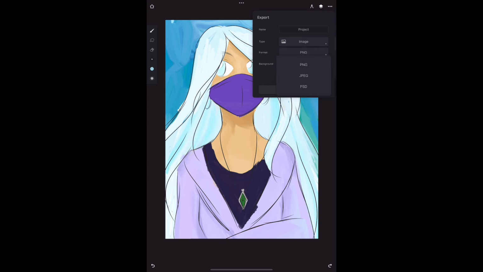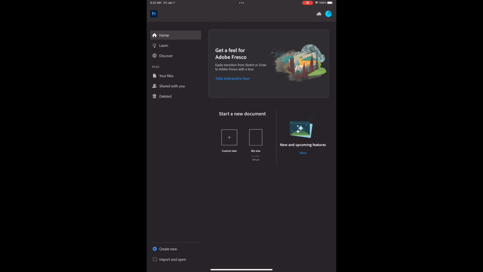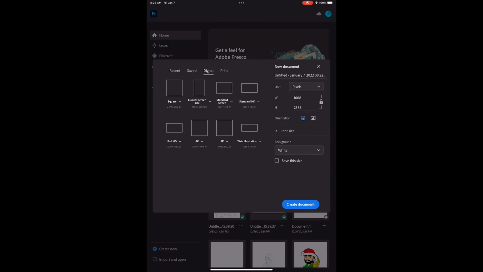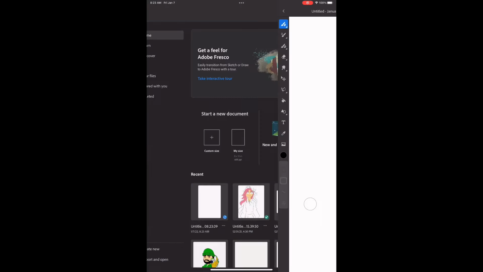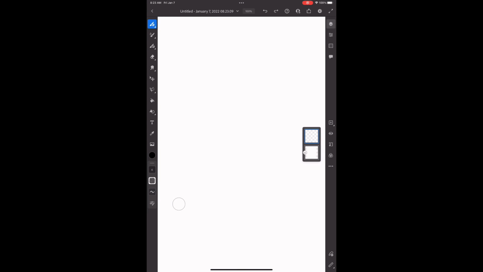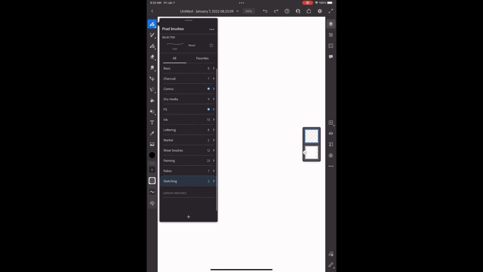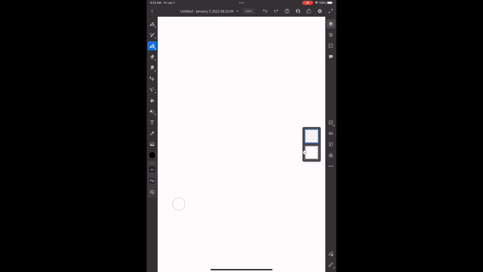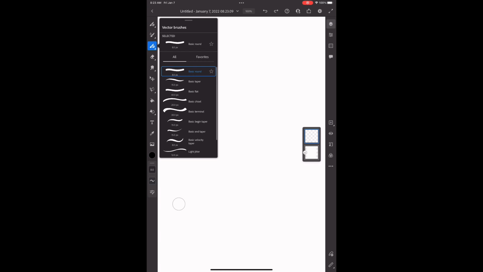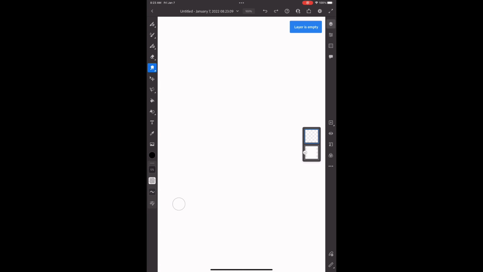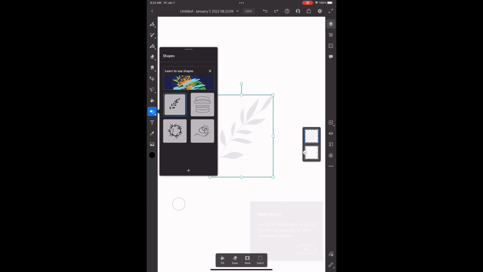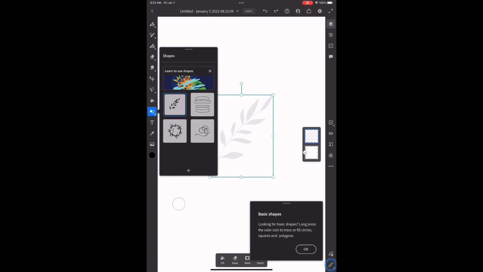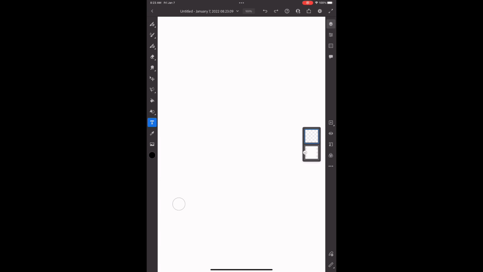So I'm moving on to Adobe Fresco, and I had a lot to talk about this program because at the beginning I downloaded it thinking that it's a drawing app. I just tried this before along with Sketchbook 3 years ago, but I didn't like how it behaved on my phone, so I decided to delete this and continue learning with Sketchbook. But I downloaded it again and